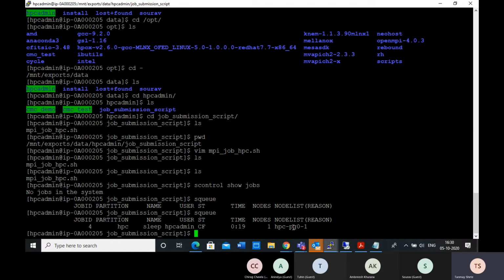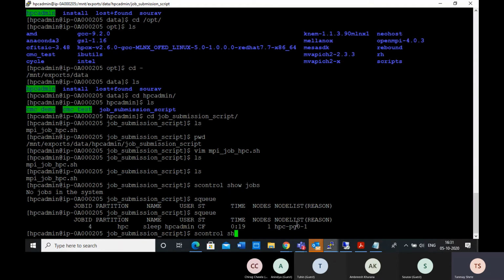So while in the backend there is a way to find it out, but from this console also you can do a lot of analysis, like what is happening with my job. So one option is the squeue, where you can see what is the state of my job. I just submitted it. As I said, it will take some time to go from the configuring to the running state. So this is squeue, which is a quick command. You will see what is happening with my job.